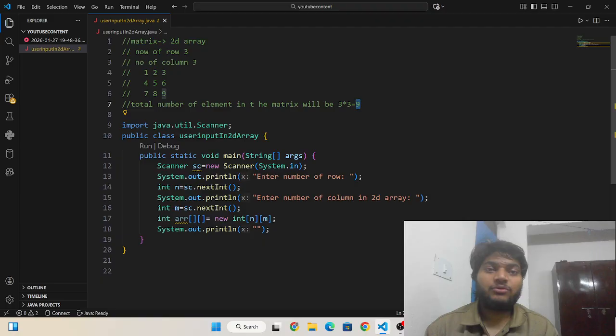This is the number of elements present in the matrix or the two-dimensional array.